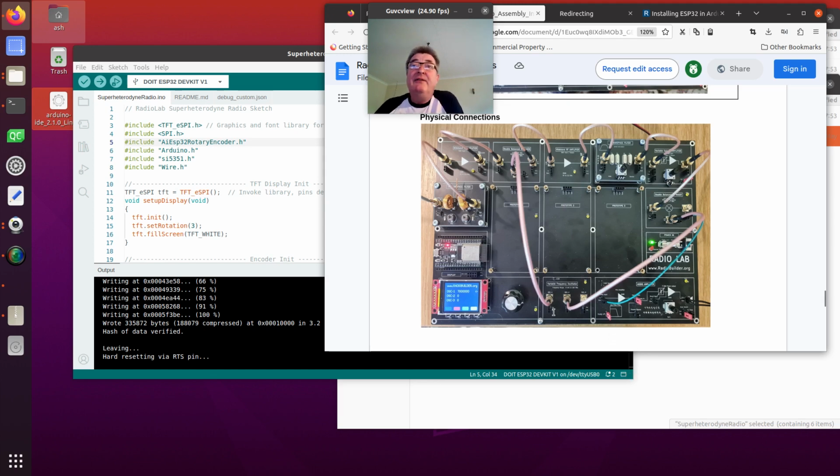And then if you change the encoder knob, you should see oscillator 1 vary. You can switch by pressing the encoder. It will go to oscillator 2, press it again and go to oscillator 3, and then back to 1. So you can vary the IF and the VFO frequency. Then, assuming you've connected up the hardware like this, and you're connected to a decent antenna,